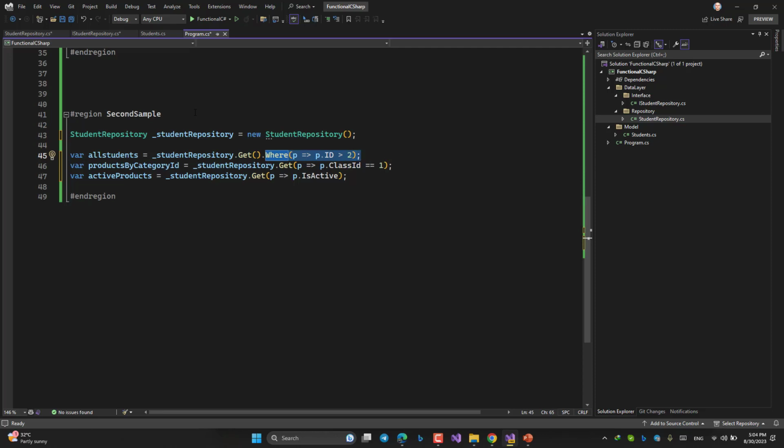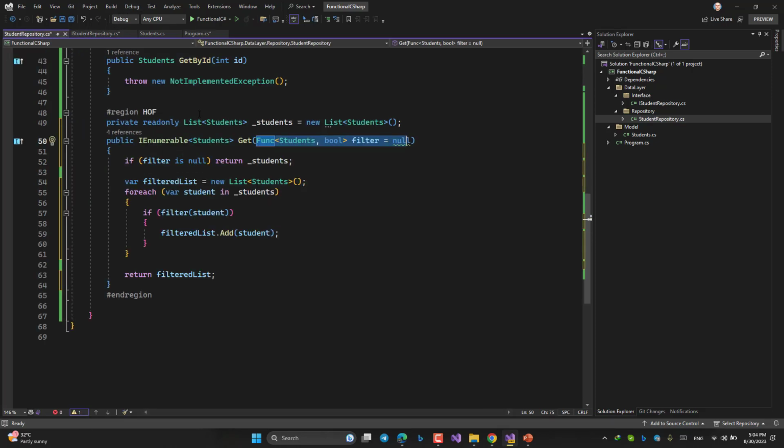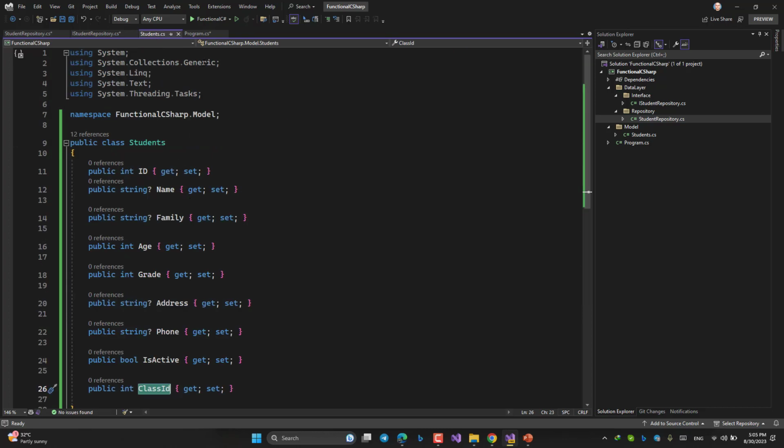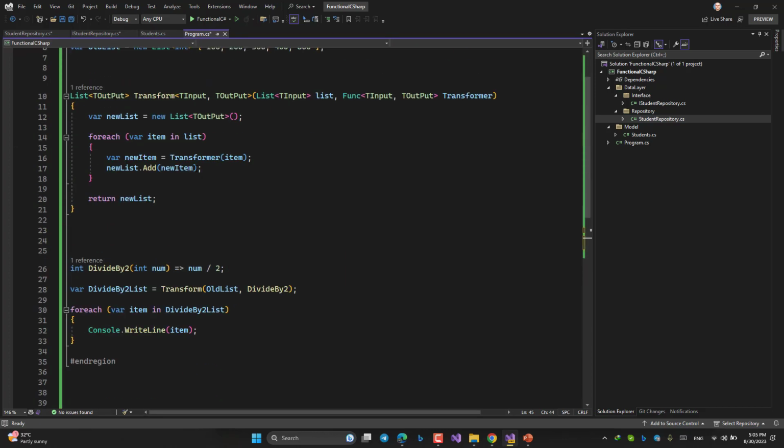So from now on, if you consider such things when you are doing development in C#, things would be much nicer and better. One of the other examples that I can talk about is mapping.